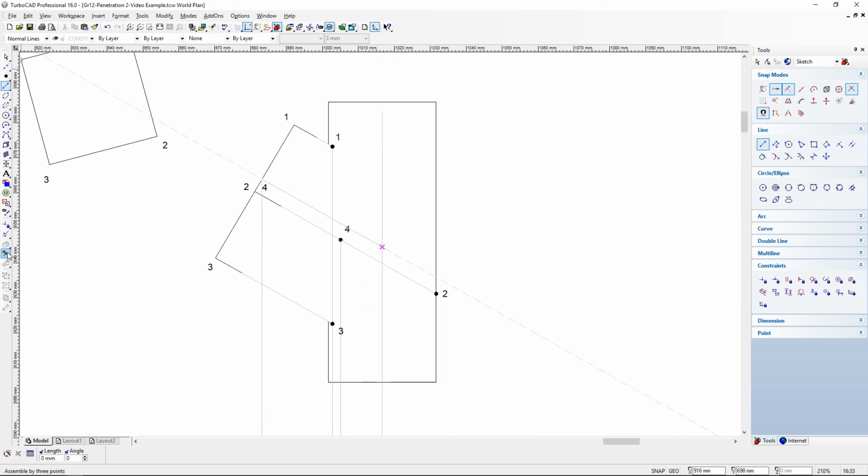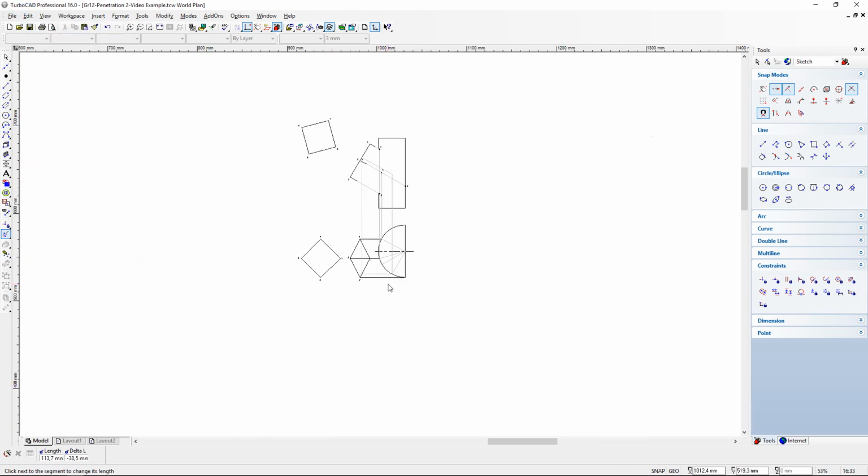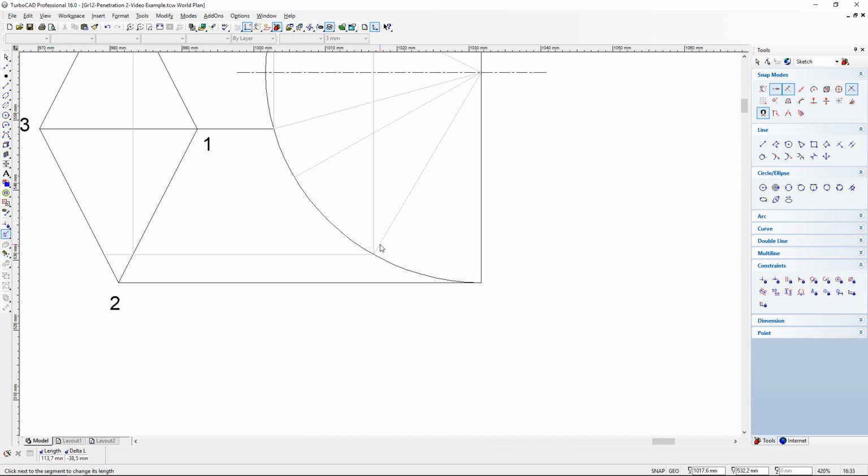So I'm going to shorten this line to intersect there, and I'm going to clear the construction line. And now what I will do is just give this another name so that you will understand exactly what I did with that projection. So I'm going to call it A, and I'm going to move it to its proper place. So here is A, okay, and I'm going to copy that,